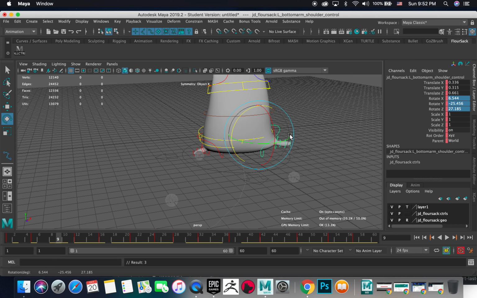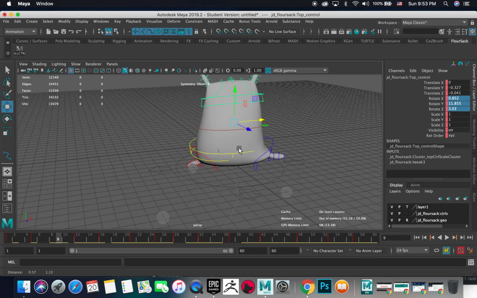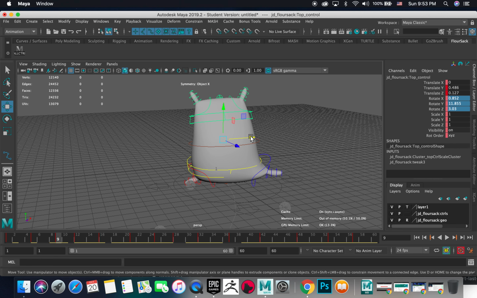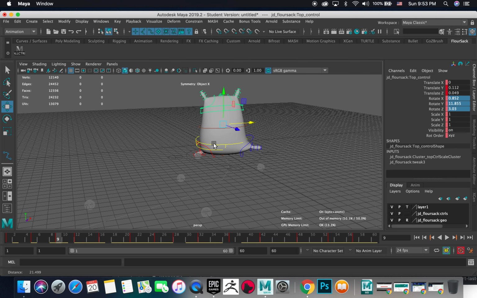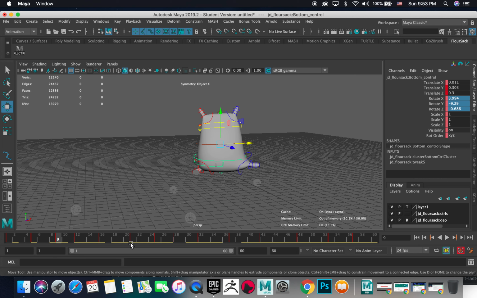So make his foot lift, and this in between pose, you can play with it a lot to create something really fun to watch. Okay, and then here, oh, I forgot to